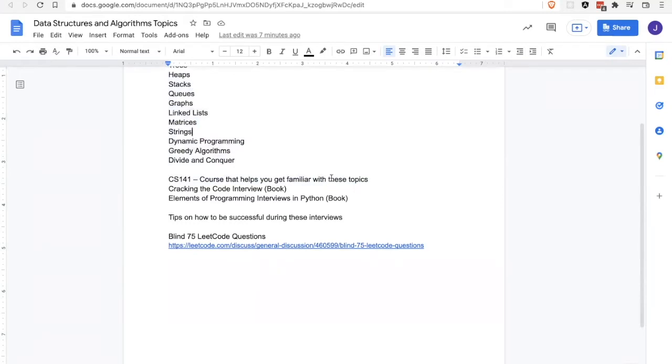And there's also a couple of books I would recommend to understand how to solve these problems if you prefer the book route instead. There's Cracking the Coding Interview and Elements of Programming Interviews in Python. These two books have helped me understand some topics that are covered during these problems.